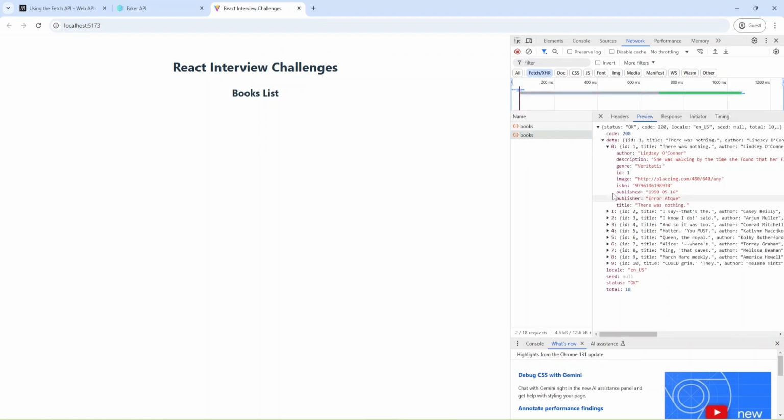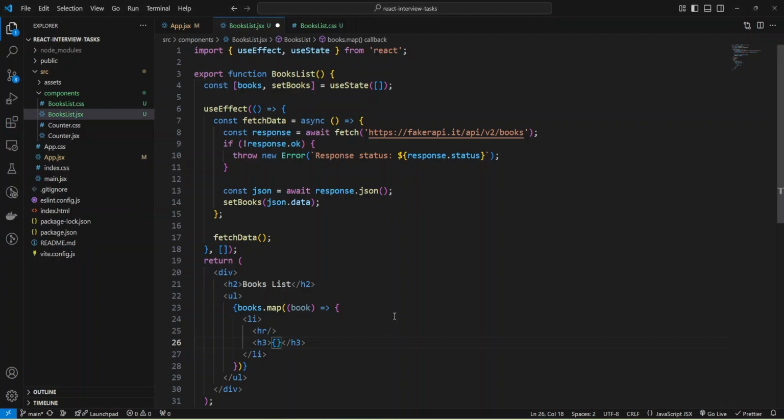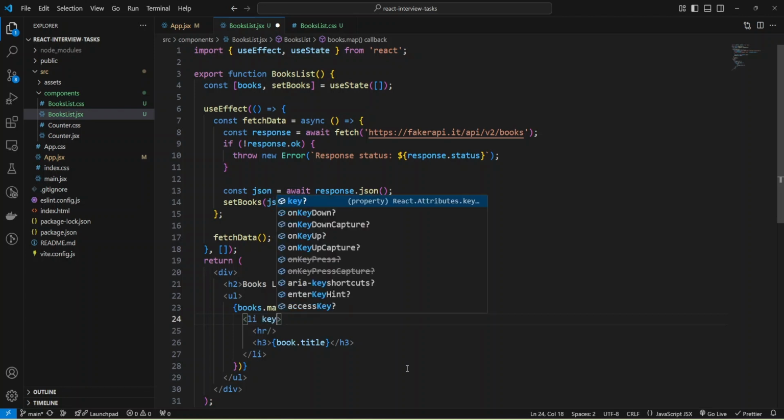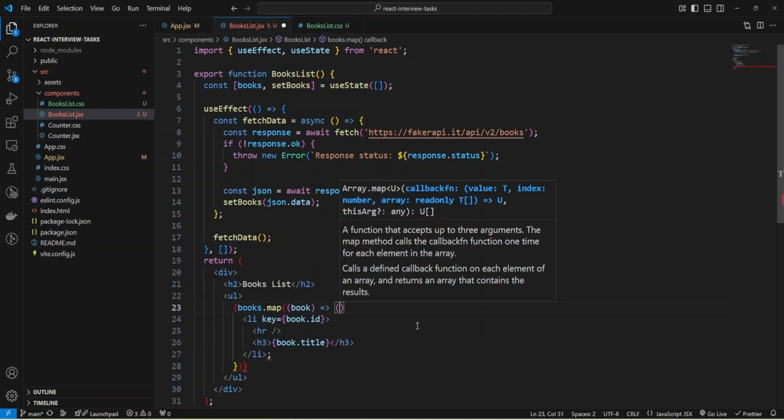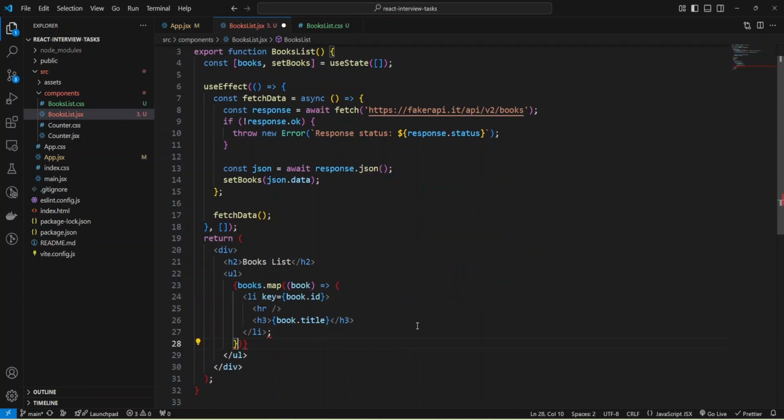Inside books we have title, and I'm going to use book title, and also for the item I'm going to use key to avoid a warning, and let me add book ID. Let's check what I have so far, and I need to return JSX, not code.